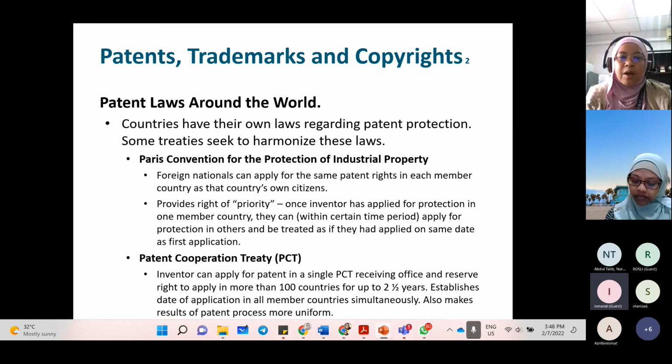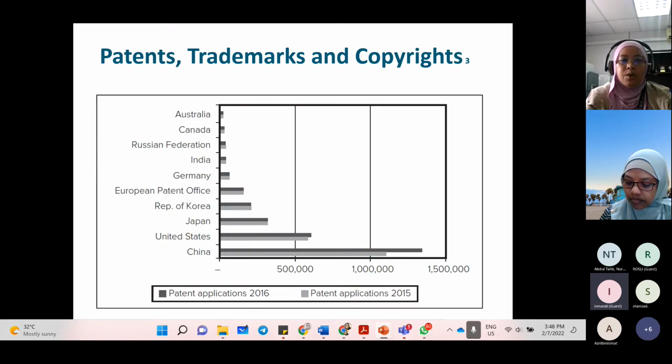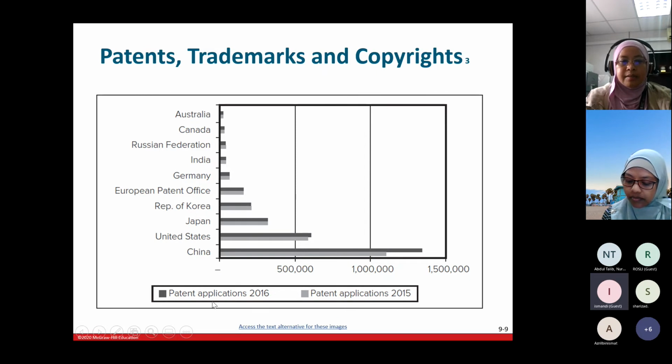In Malaysia, we also have our own patent law, in which you can always go to the website of MyIPO. MyIPO is an organization that handles patents, trademarks and so on. So this is the patent application in 2019, and this is for 2015. We can see that many people apply for patents. Even China, a country that did not sign for patent protection, its companies can always apply for patents